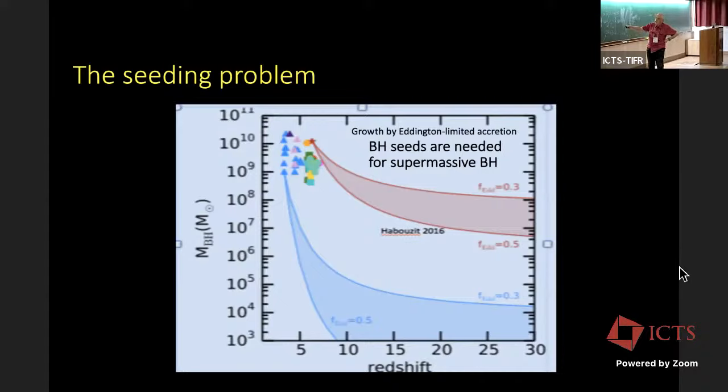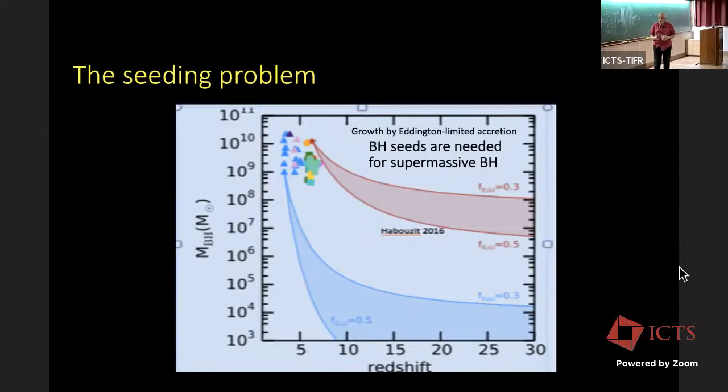And this is probably the most optimistic curves you can look at here. These are all observed massive black holes, okay, at redshift between 5 and 10, 5 and 8 maybe. We're talking about 10 to the 9, 10 to the 10 solar masses. So to grow those, you need seeds in this mass range. You really do need 10,000 solar mass seeds at fairly high redshifts, redshift 10 to 20. So there seems to be no way around that unless you go for what is called super-Eddington growth, and that is very, very hard to arrange. Okay, not impossible maybe, but hard to arrange.